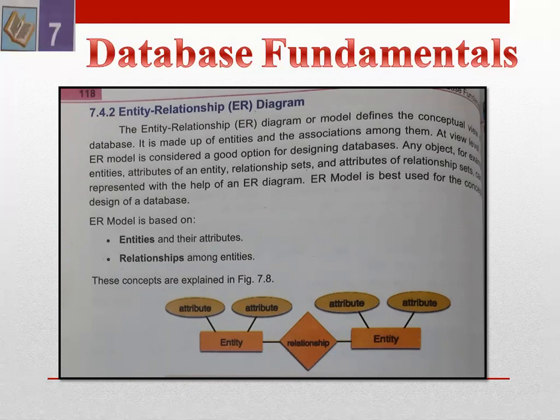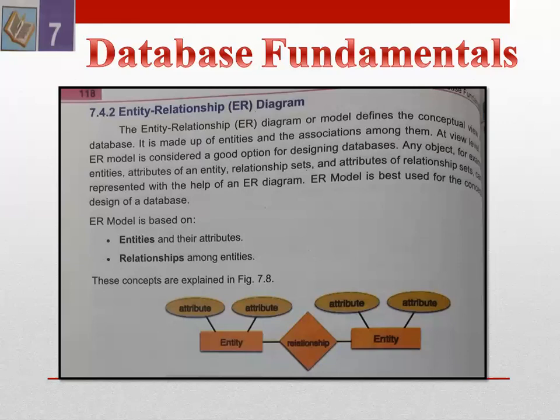In previous lectures, we have already discussed entities and attributes. Here on your screen, you can view entities and attributes. You can represent your entity with the help of a rectangle box, and you can represent the attribute with the oval shape, and then you can write the name of the column or attribute inside this oval shape, and connect the attribute to the entity with a single line. So this is called the entity and attribute.